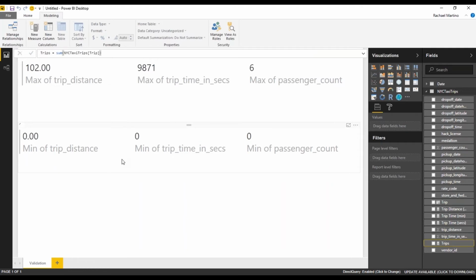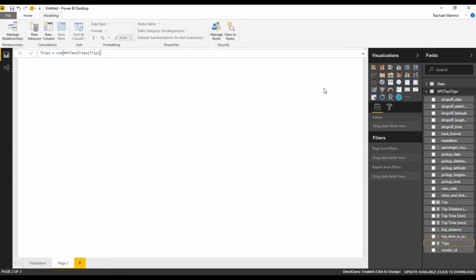Trip count might also be a reasonable identifier for that one. That might be less confusing with trips, with the trip field. But it's important that we are able to count these as we move forward and represent how many trips were taken over periods of time. So let's see that. So we're going to create a graph,